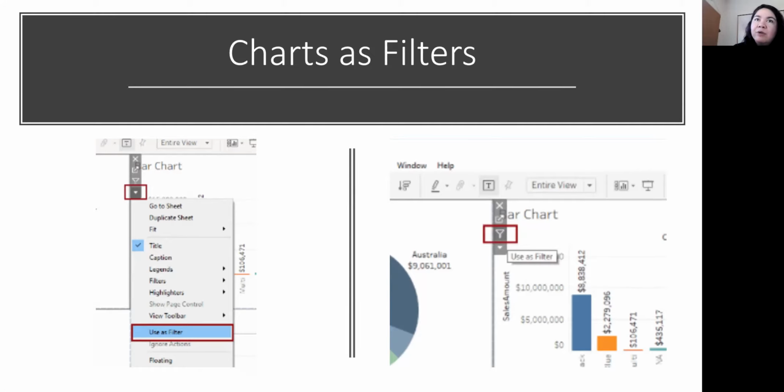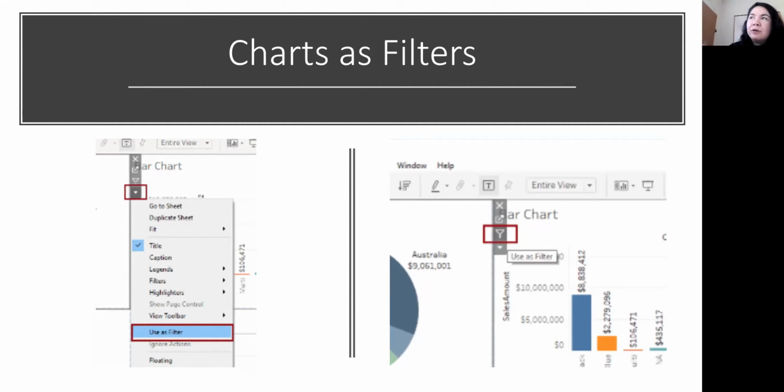This is when you want to use a chart as the filter itself. In this example, there's a pie graph that they're using to filter all the other things on the dashboard. You can either hit the little down arrow, and there's a little thing that says use as filter, or there's the little funnel sign that is the quick button for use as filter. So if you click that,